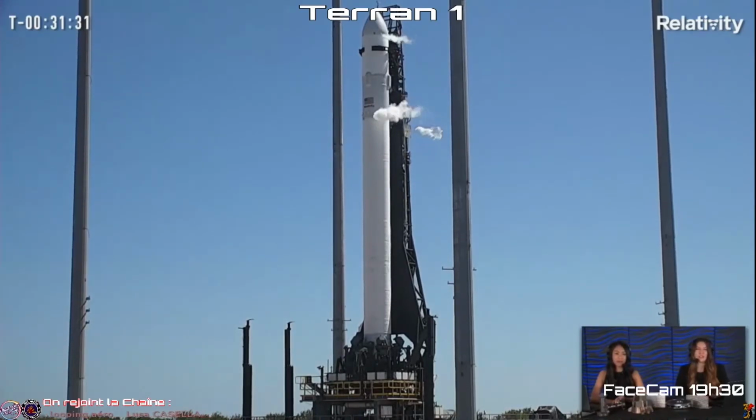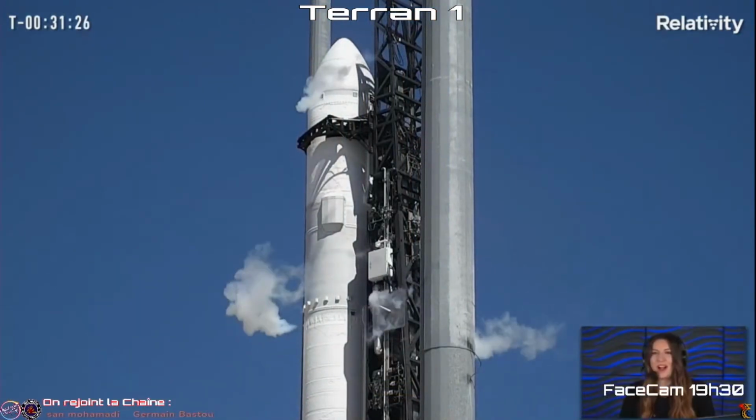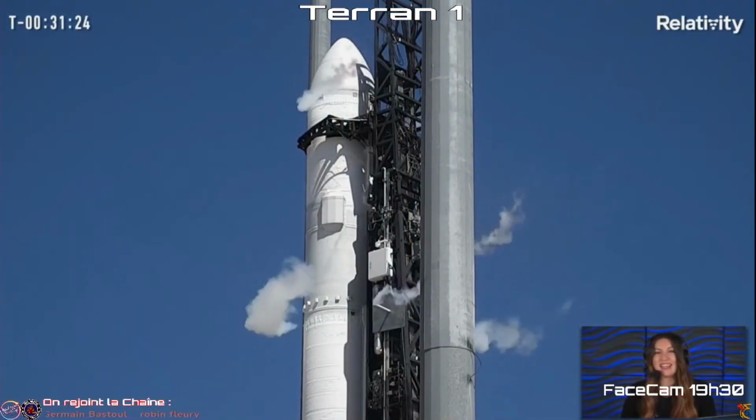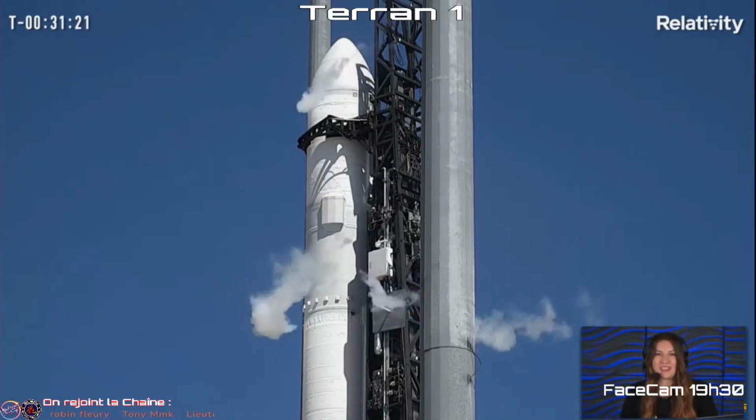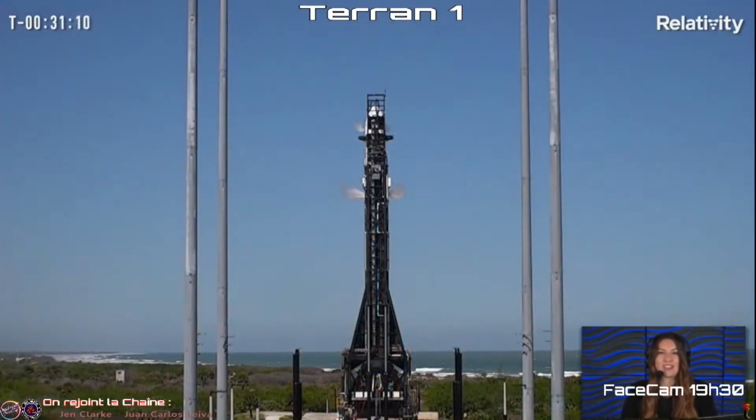Now for our new viewers, here's a little more info about the systems you're seeing on the pad. The rocket rolls out of the hangar horizontally and is then lifted vertically by the transporter erector. This is the black vertical truss structure you see there behind the rocket. And then you'll also see 4 large towers surrounding the pad that make up our lightning protection system. They protect the vehicle from any direct lightning strikes. Inside of those, we have 4 much smaller black posts called rainbirds. They're used for acoustic mitigation for the rocket and do so by covering the pad with water to dampen the